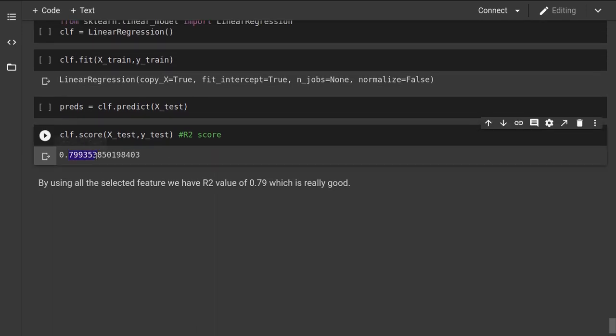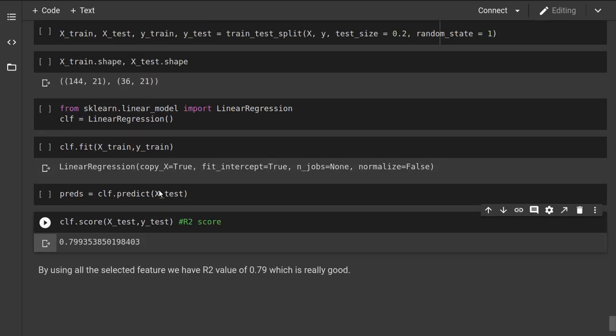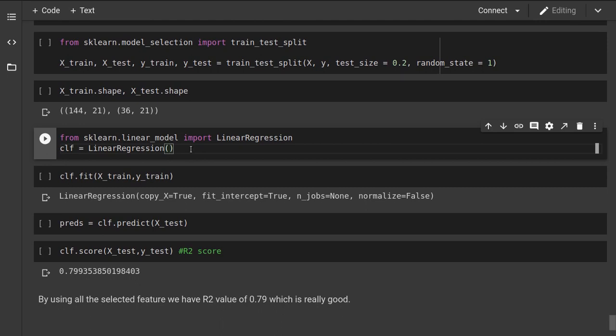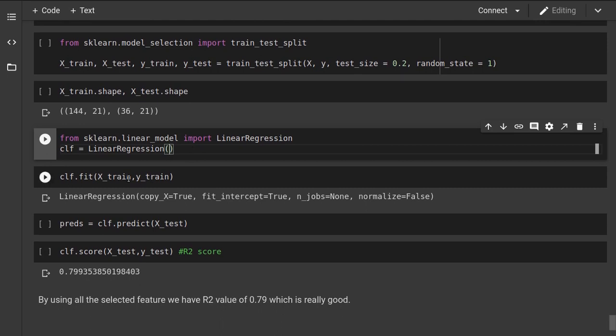So this is around 80%. It's not the best, but it is what it is. If I do some hyperparameter tuning, it can probably get bumped up to 85 or something like that.